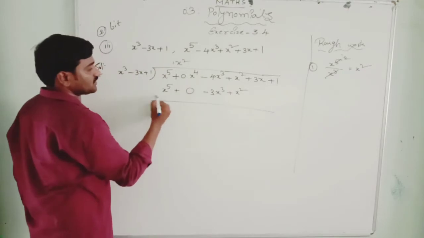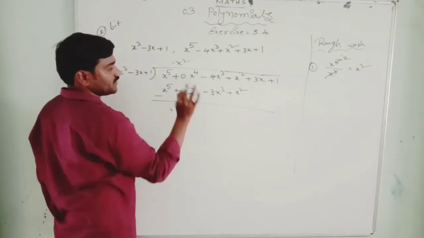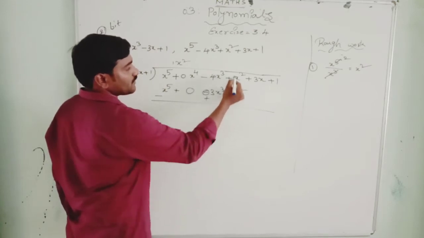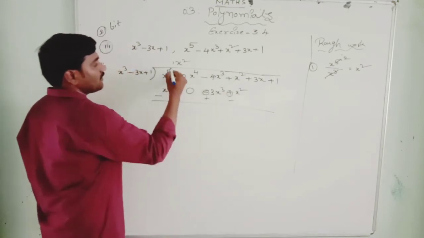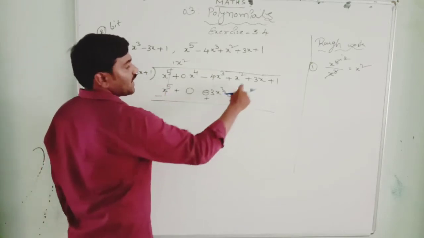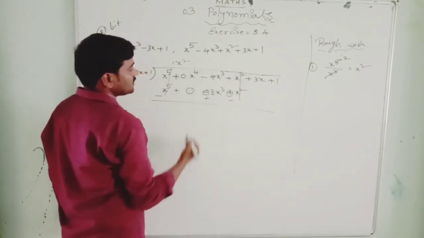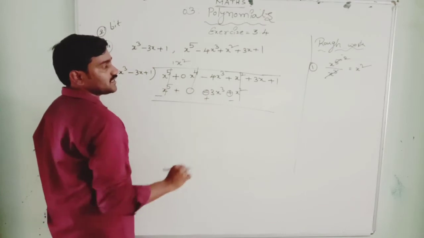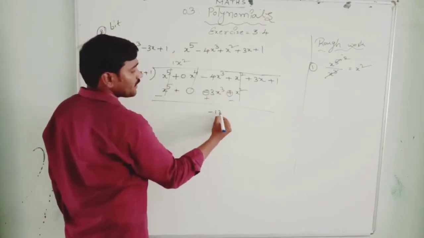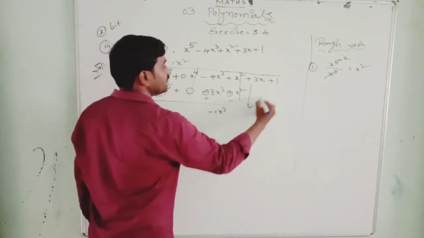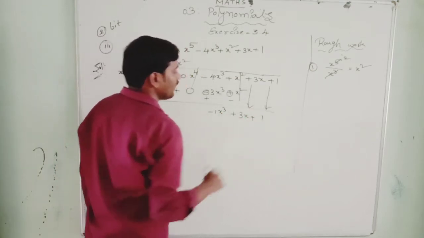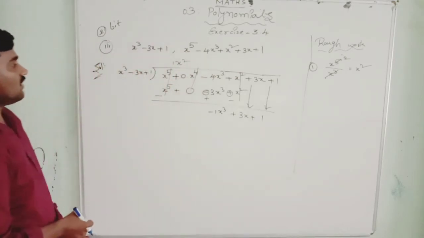See what we do it now. This is minus, however this is you leave it. This is 0, this is also 0. Now this is plus, and now this is the minus. x to the power of 5 minus x to the power of 5. Here plus, here minus. And here it is plus, here is minus. We can cancel this. However, these zeros will cancel. We do it here. 3 minus 4 minus 1 x to the power of 3, and we will bring this both here. Plus 3x plus 1 plus 3x plus 1 dx.